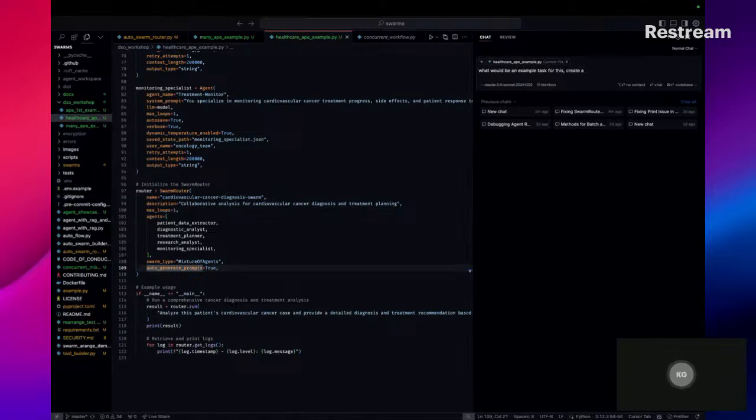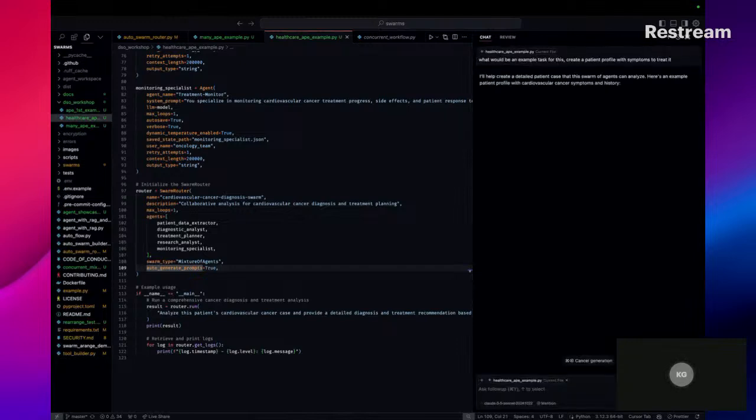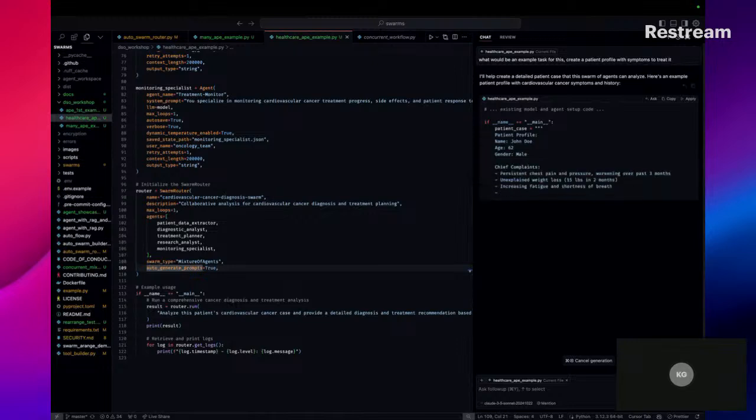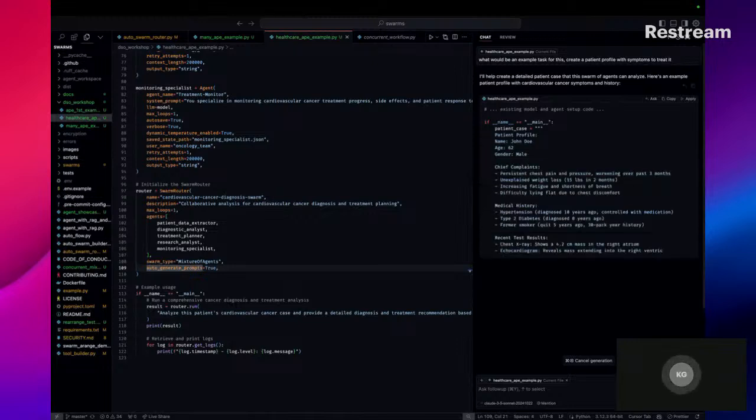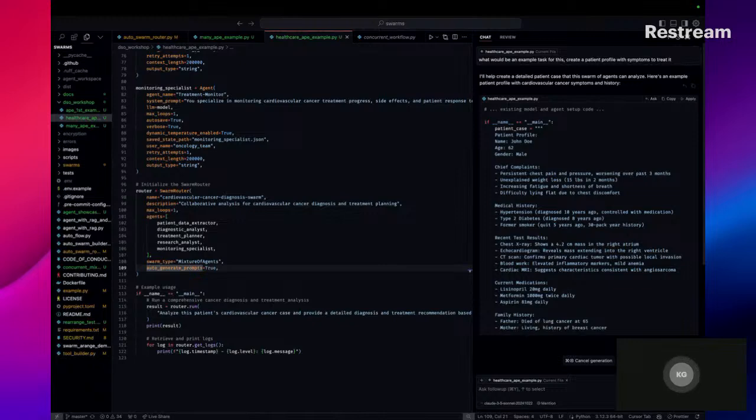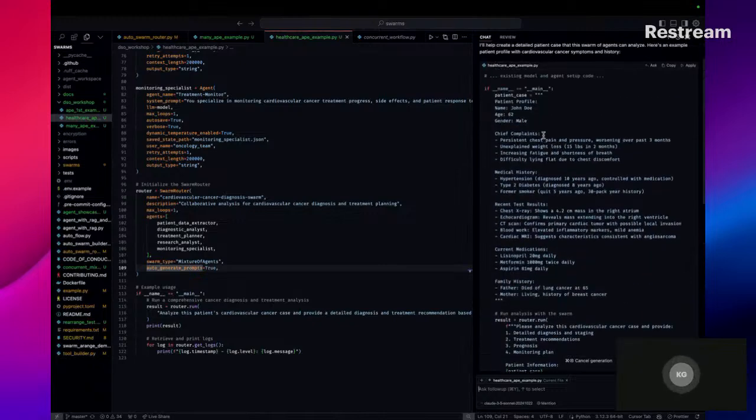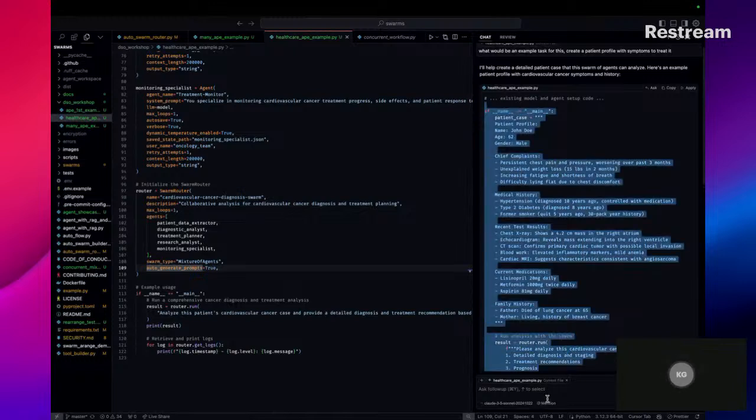Create a patient profile with symptoms to treat.